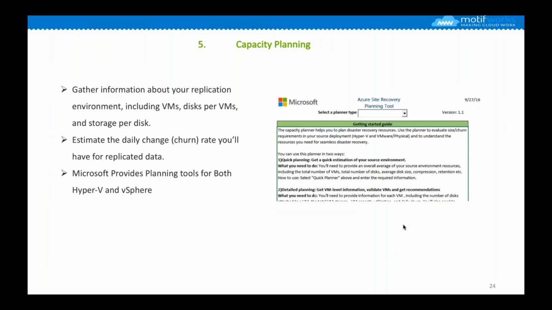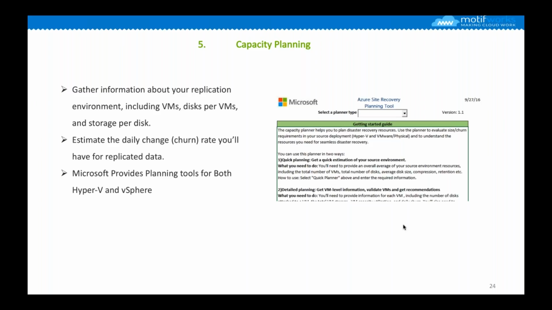So once you have done this process, and this is a very important step, what you need to do here is capacity planning. And in order to do the capacity planning, Microsoft has done a great job.